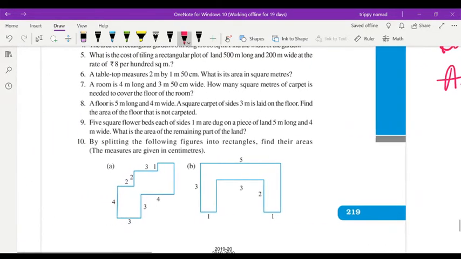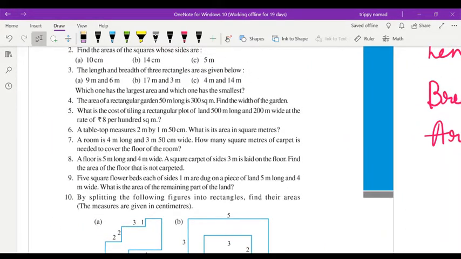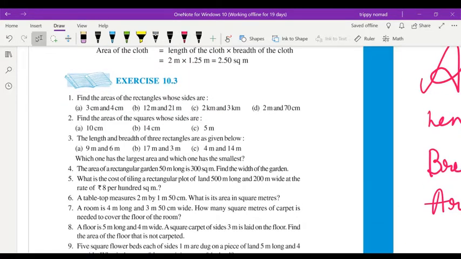I hope you understood. In question number 2, first part, find the area of squares. In the same way, children, you will complete all the parts. Here it will be 3 fours are 12, here 12 into 21 you will do, here 3 into 2, kilometer square will be the answer, and here meter and here centimeter. Either you convert this 70 centimeter into meter. How will you convert? 70 upon 100. 70 centimeter is equal to 70 upon 100, that means 0.7 meter. This is the way.